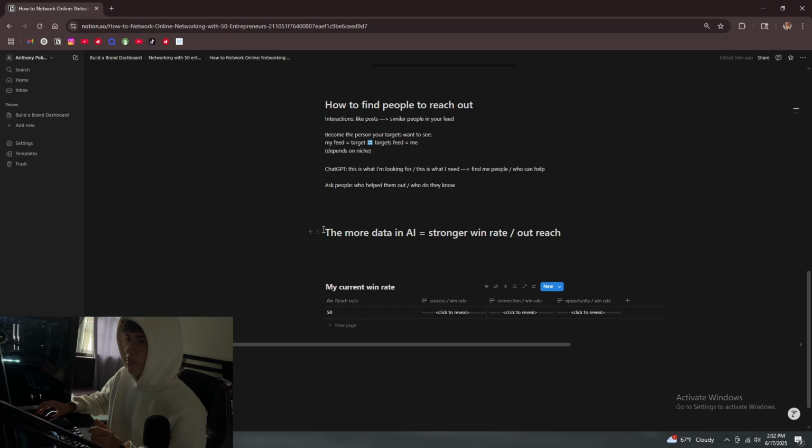And bottom line, the more data you have in your AI equals a stronger win rate and a greater outreach. So my win rate is pretty good right now, and it's because it has 200 examples, users that I put into it. But when I get to 1,000, imagine how much stronger that win rate will be when my AI knows, okay, at first I thought that this one method works, but after 800 more, it's like, oh damn, that's not going to work at all. That's not going to cut it. We actually have this technique that works so much better. AI is only as strong as what you put into it. So really take advantage of that and just really put the numbers out there.